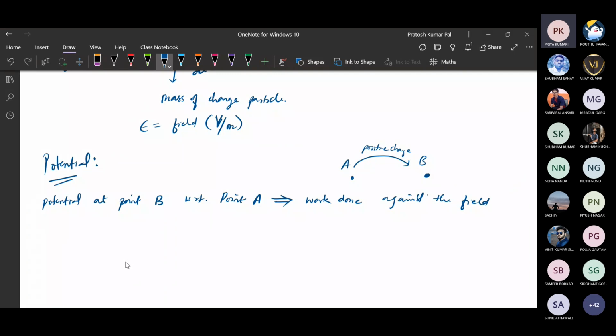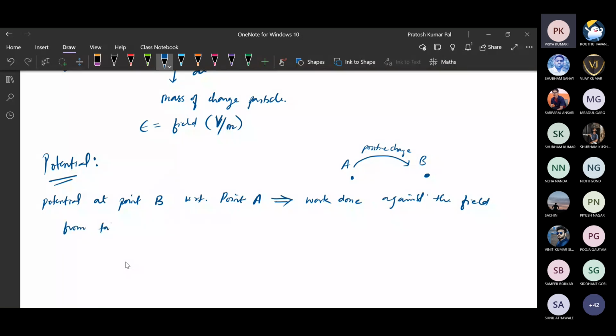These 2 points are in an electric field, so whatever work needs to be done to move the positive charge from point A to B, that will be equal to your potential. So the potential at point B with respect to A will be the work done against the field